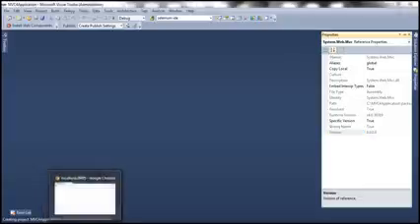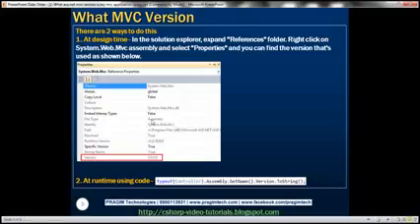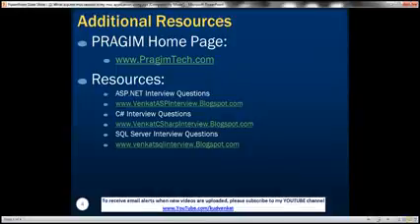So if you want to figure out what version is being used by an existing MVC application, there are two ways. You can either do it at design time or programmatically at runtime. Alright, on this slide you